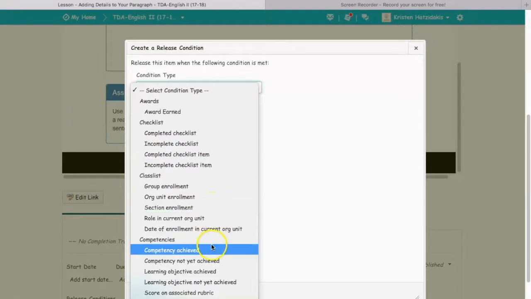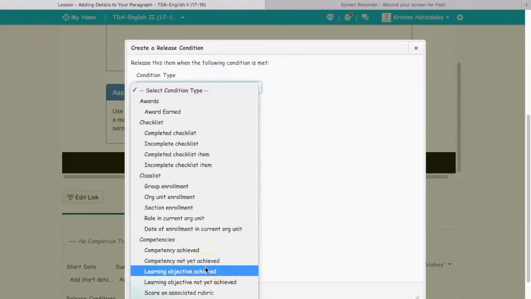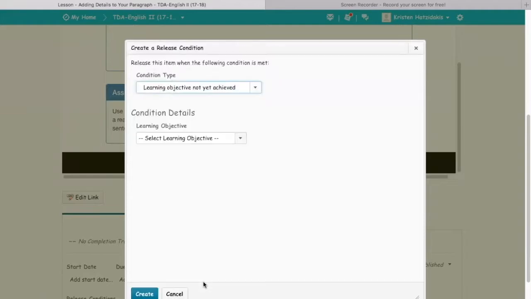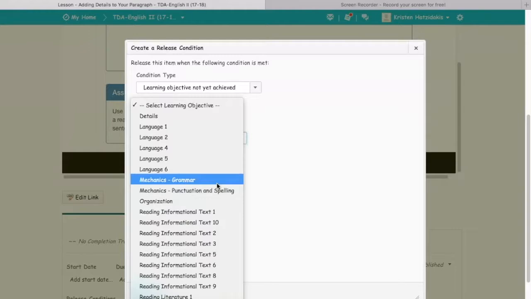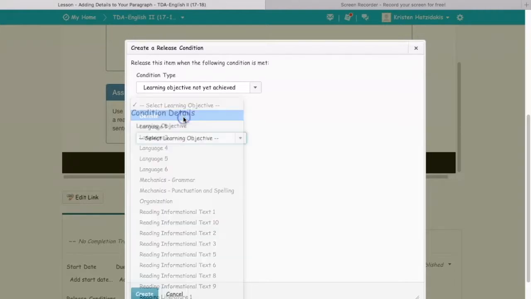So I come down here to competencies, and it's not a competency that this is attached to. Competency would be the whole writing assignment. It's the specific objective. So I click on Learning Objective Not Yet Achieved, and then I get a list of my learning objectives. This one was for details. So in the rubric, when I grade, if they did not achieve this learning objective, the criteria in the rubric that was labeled details,